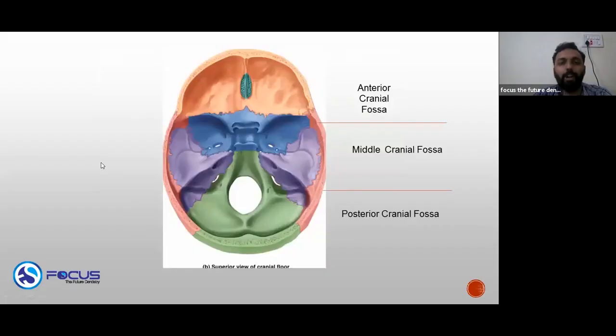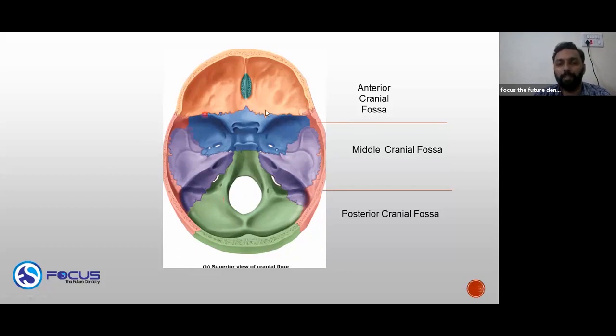I would like to talk something about the cranial cavity. So cranial cavity is the view. This is the view when you have cut open the skull. There used to be an outer covering here, which you have cut. You have opened it. You have removed the entire brain, and now what you are seeing is three depressions, three areas